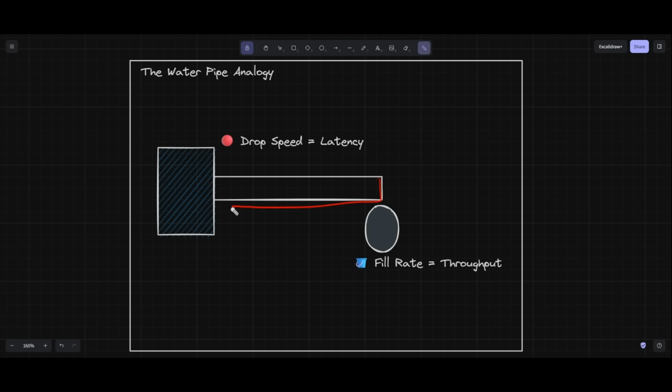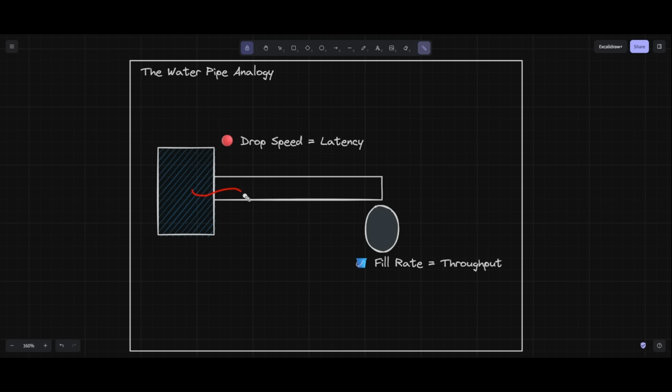What is latency in this pipe? Well, latency is if you drop a single drop of red food coloring into the water at the tank, how long does it take in seconds for that exact red drop to come out of the faucet at your house, right? That's latency. It depends entirely on two things: how long the pipe is, the physical distance, and how fast